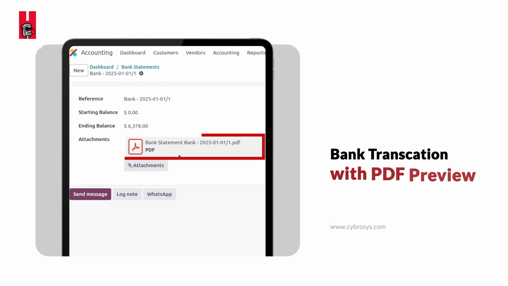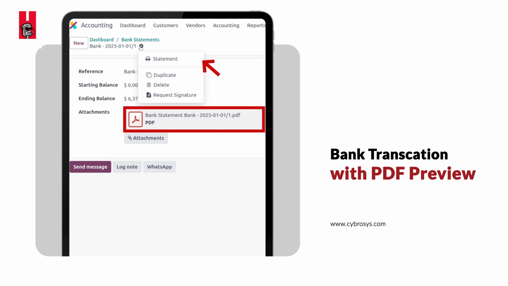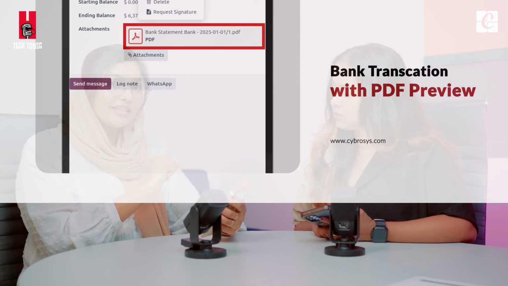You can simply move back to the dashboard and choose the 3 dots. There you can find the statements and choose the settings of the statements, and from there you can easily find the statement. You can print the statement and find the total amount that is left over in the bank. So that's the PDF preview of bank transaction.